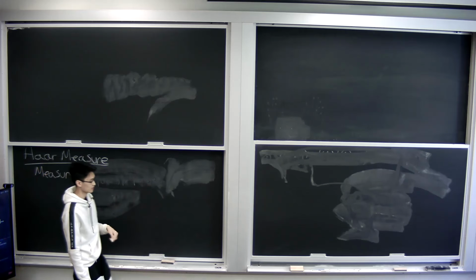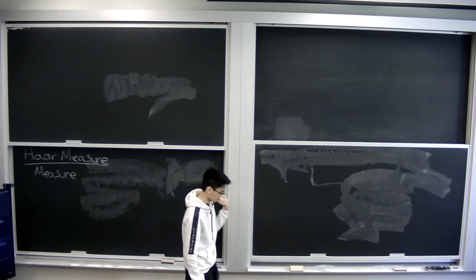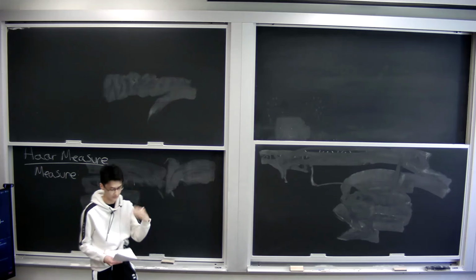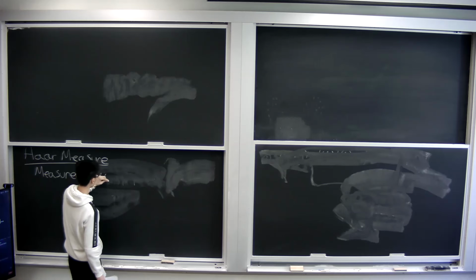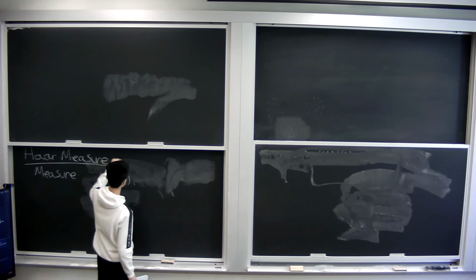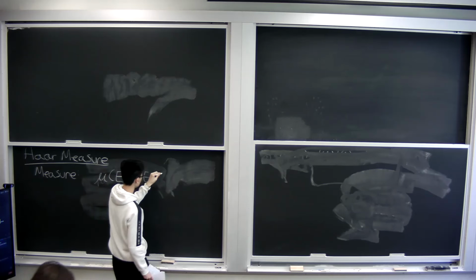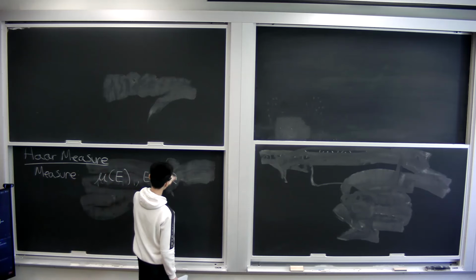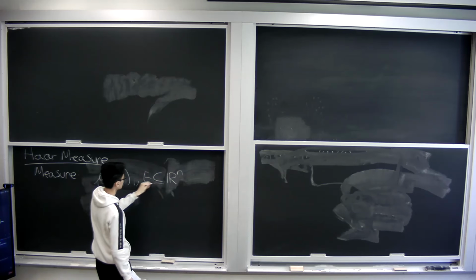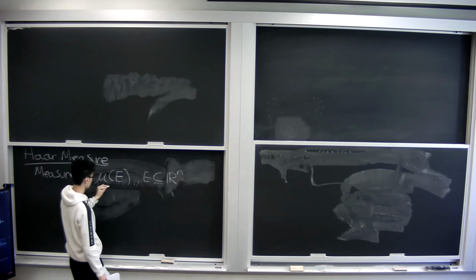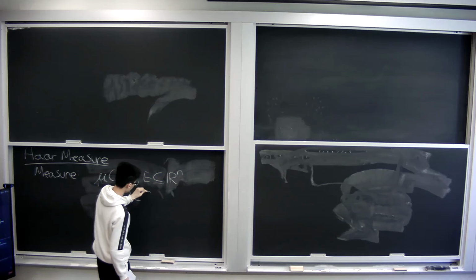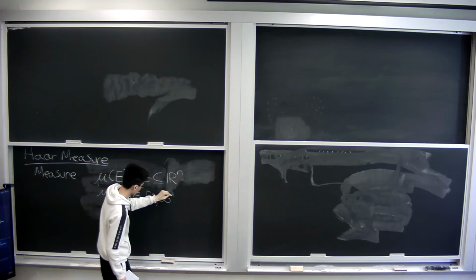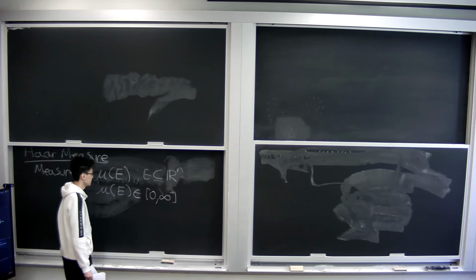We originally made this measure satisfy three rules. Let's call this function mu for now, on E, where E is some subset of R^n. Actually, I think we can allow this. The value mu of E is some element between 0 and infinity. And then the three rules assigned for it are